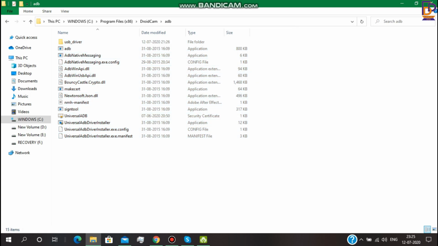Yeah, done. Actually I have done all these steps before showing you the connect over USB method, as I was also facing issues while connecting. So now you are good to go and you can easily connect your device over USB.